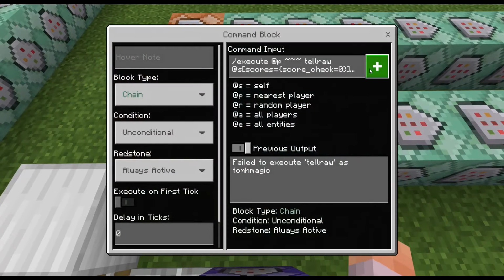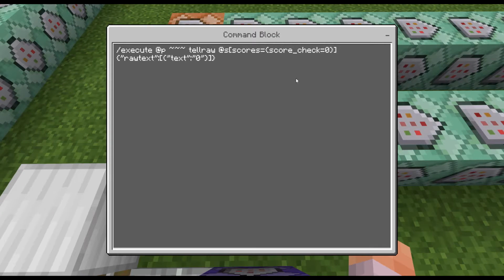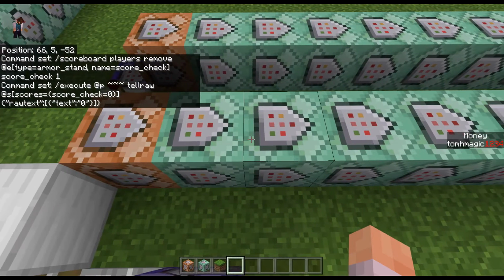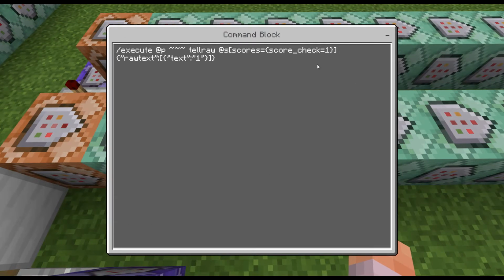And then you're going to have 10 command blocks, all with a few digits changed, so it's execute at all players, tellraw @s, scores equal, if they've got the score check 0, raw text, this is the JSON text part, so copy that over. You don't have to use tellraw, you can use title, you can use whatever you want in this part, but make sure you've got that target selector, and then you tell them 0, and then you probably guessed already, we're going to go up by 1, so score check 1, 1,